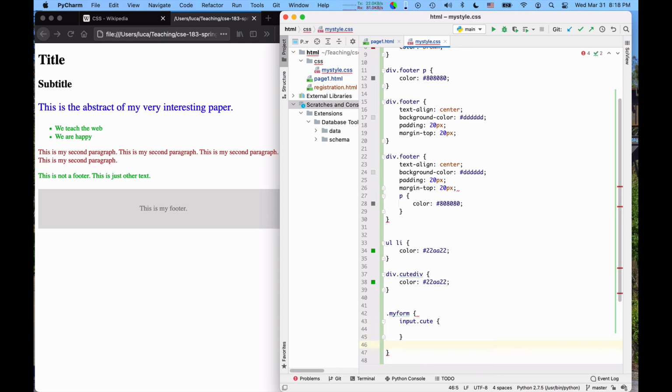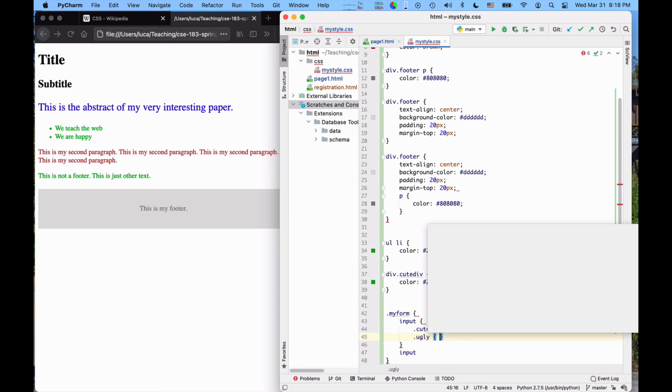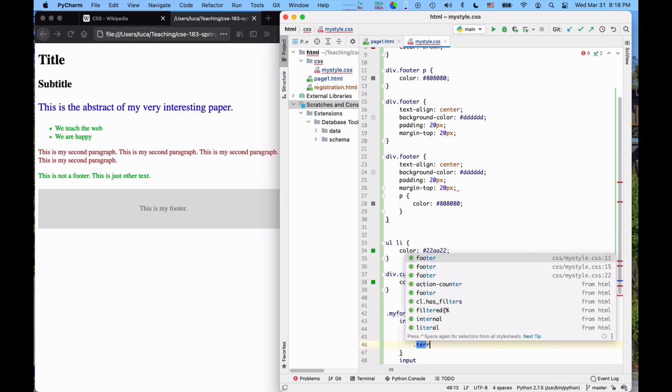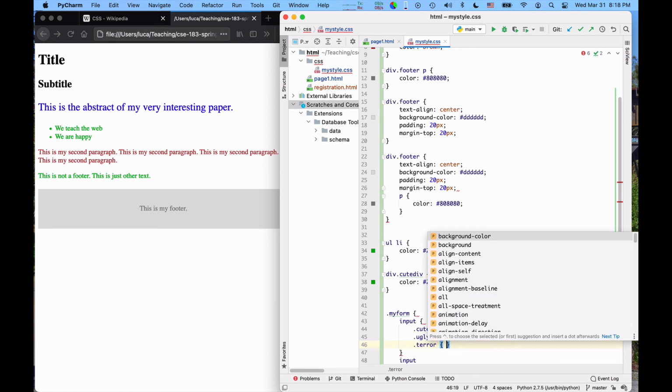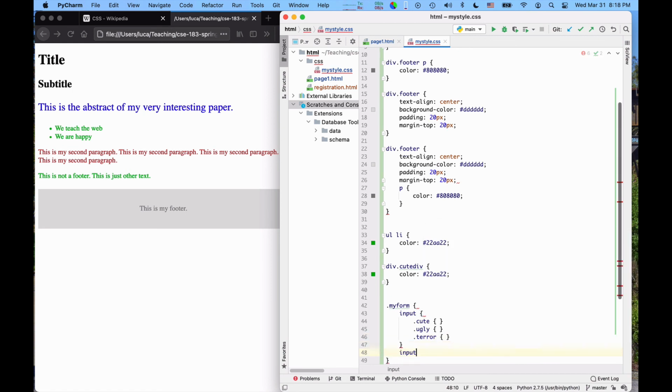Then I will have an input field of class ugly, and so in fact when I write it, I'll have a lot of input fields. Some of them are of class Qt, some of them are of class ugly, some of them are of class terror, no, to signal that there is an error somewhere, for instance.